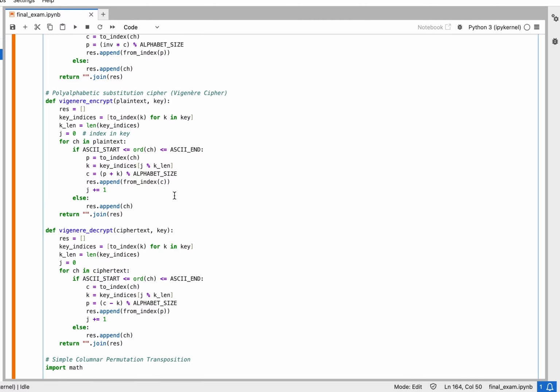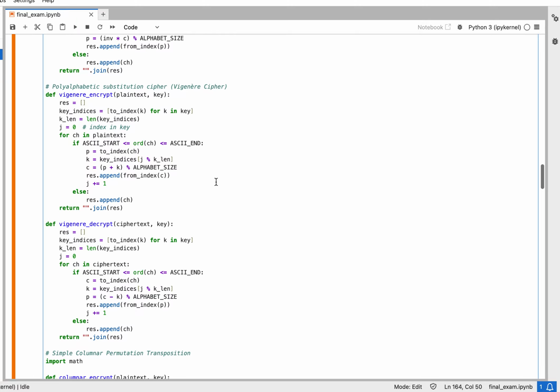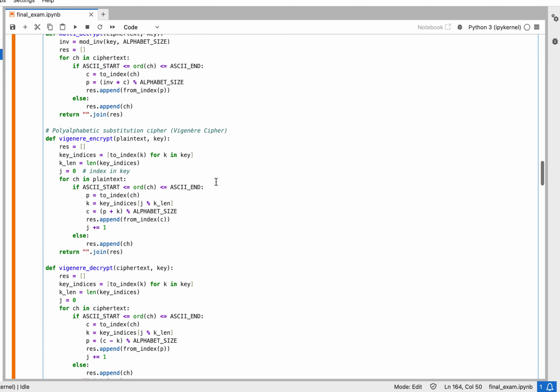So for encryption, what we do is C equals P plus K mod 95, or mod n, and for decryption, we can find P, which is C minus K mod 95. So in this code, I pre-compute an array of key indices, then loop through each message, like I have done in here, for ch in plaintext. So I have looped over each message, and for each printable character, I add or subtract